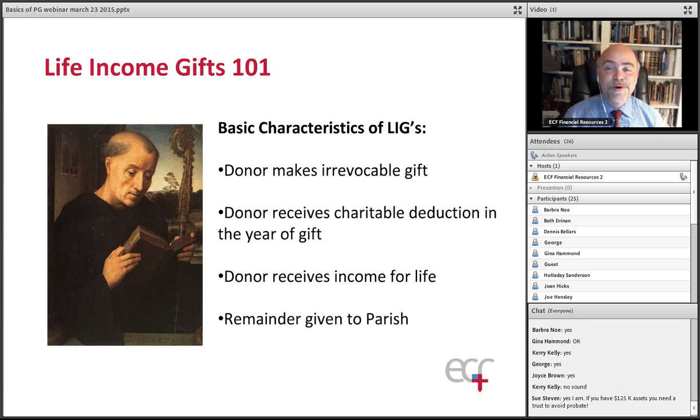Also, most of the time, the members of your congregation do not want to talk to their rector or their church warden or most anyone else at the parish regarding their retirement income. So it's advantageous just to have them be in contact with us here at the Episcopal Church Foundation, and we have staff to help. So the life income gift, the way it works is that an individual cannot give away